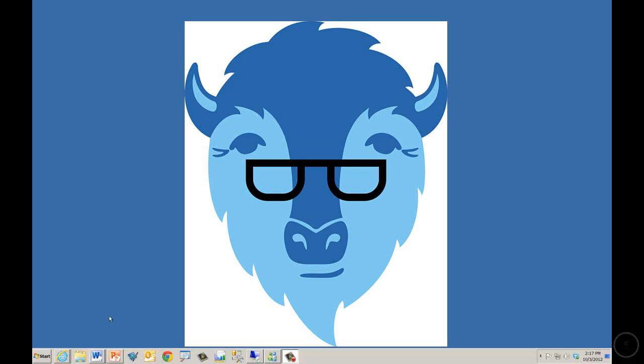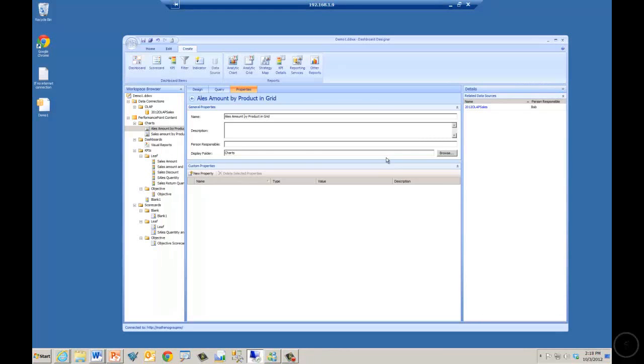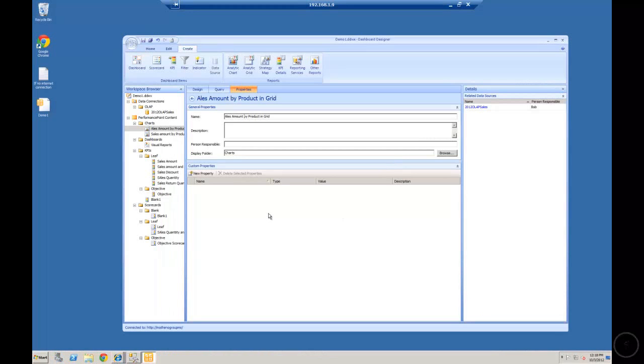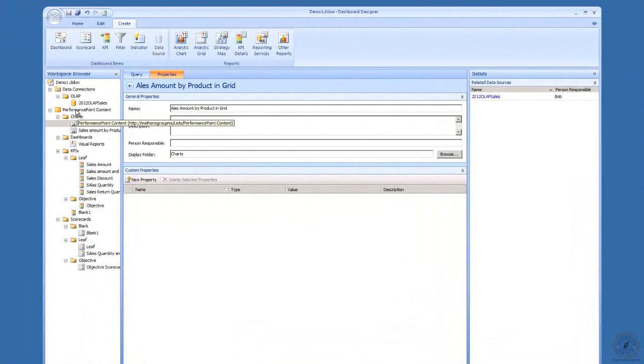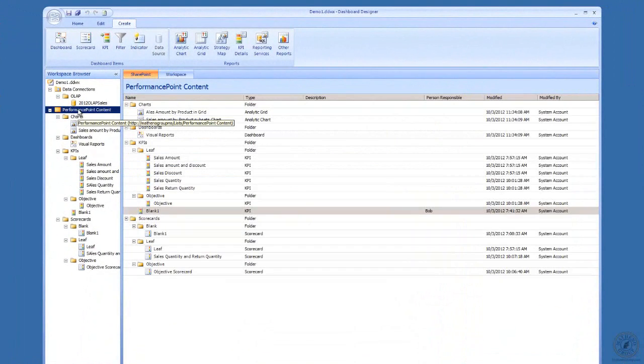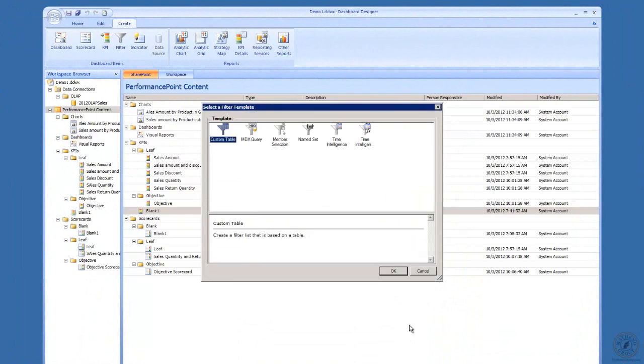Okay, let's go in and create some filters. So again, we're back over into Dashboard Designer, and let's go up here to PerformancePoint Content, and I'll right-click again, and I'm going to go New Filter. And now as the wizard pops on up, I have my different selections I can create down here for my